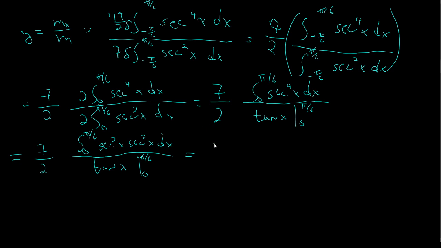Well, secant squared of x is tangent squared of x plus 1. I'm just going to focus on the integral here. Let's just be the integral of 0 to pi over 6 times secant squared of x dx. And this upstairs integral,